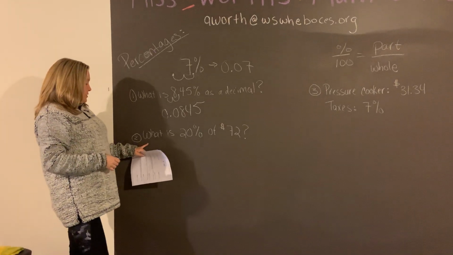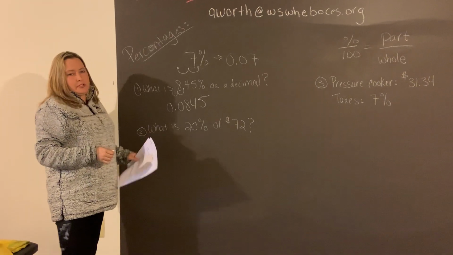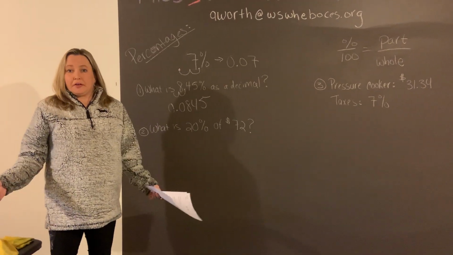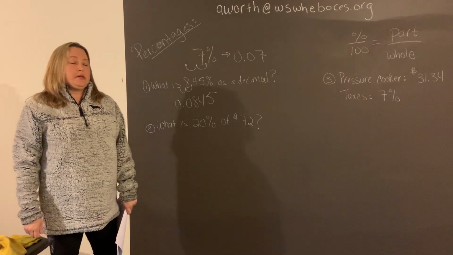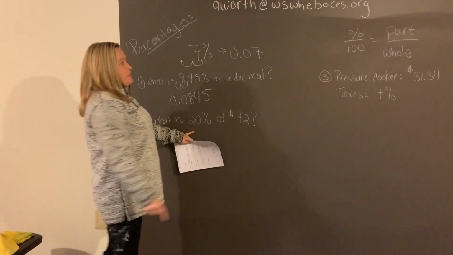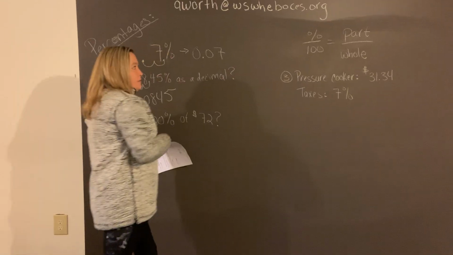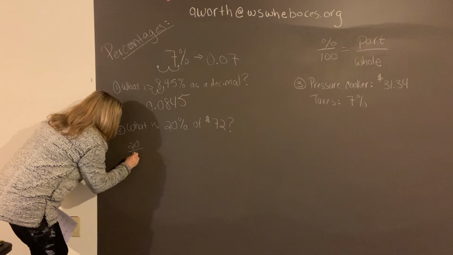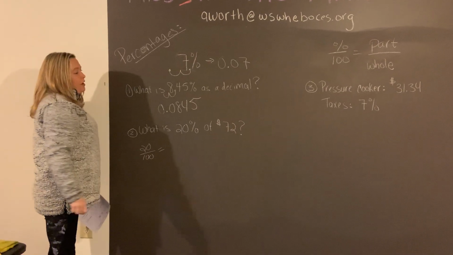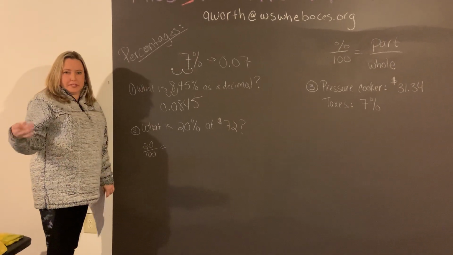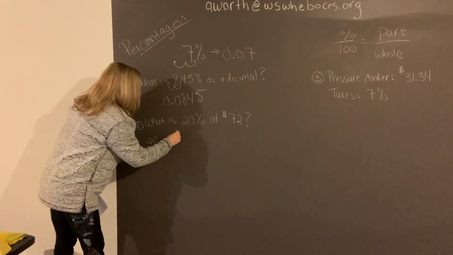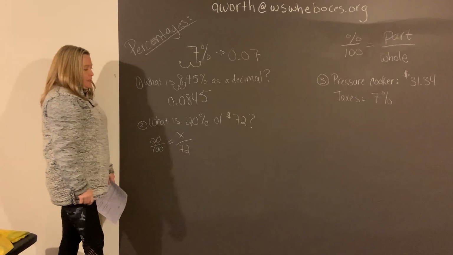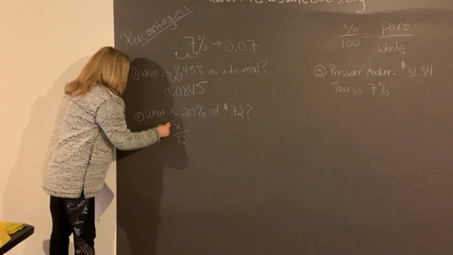Our second question is, what is 20% of $72? Say you're getting 20% of $72. How much money are you getting? Important to know, right? Again, you could easily plug this into this formula if you want to: percent over 100. So 20 is your percent over 100 equals your part. Your part would be how much you're receiving, correct? So that would be our part over our whole, which is 72. I've shown some examples of this. Cross multiply